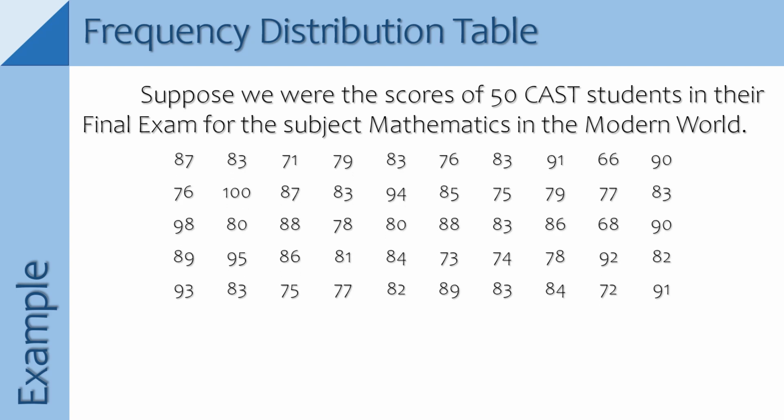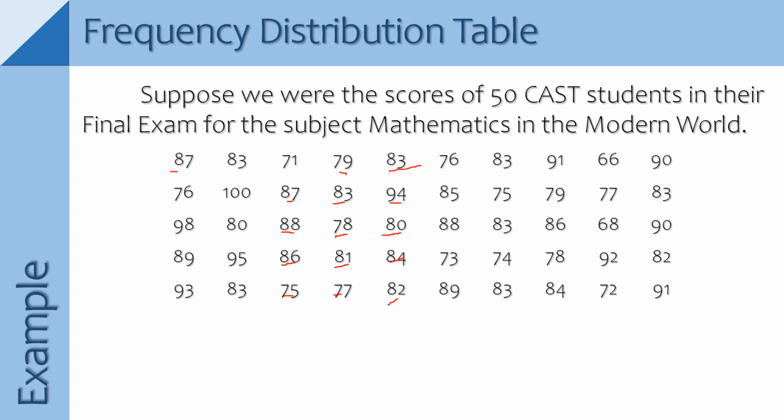Here are the scores: 87, 76, 98, 89, 93, 83, 100, 80, 95, 83, 71, 87, 88, 86, 75, 79, 83, 78, 81, 77, 83, 94,